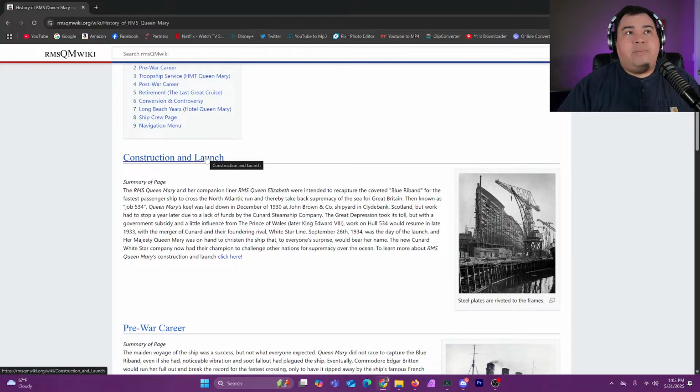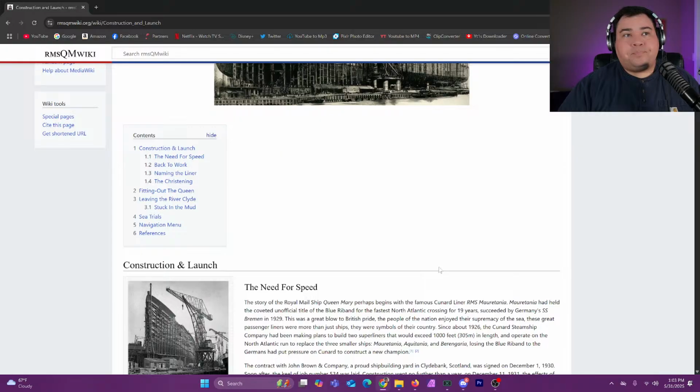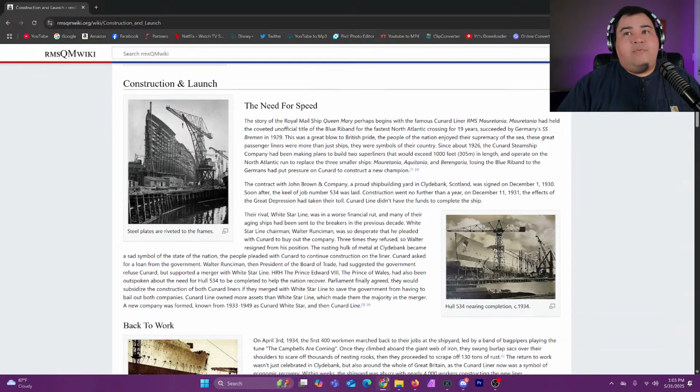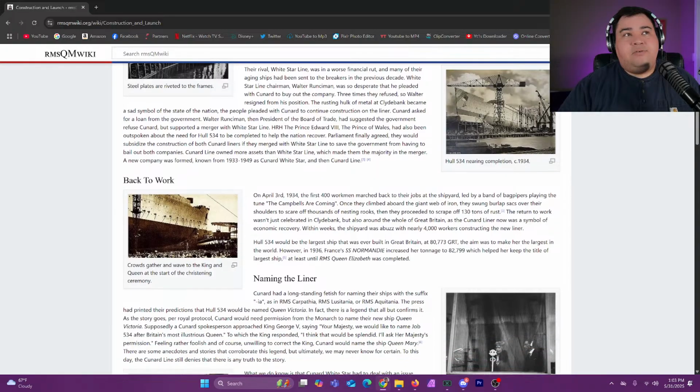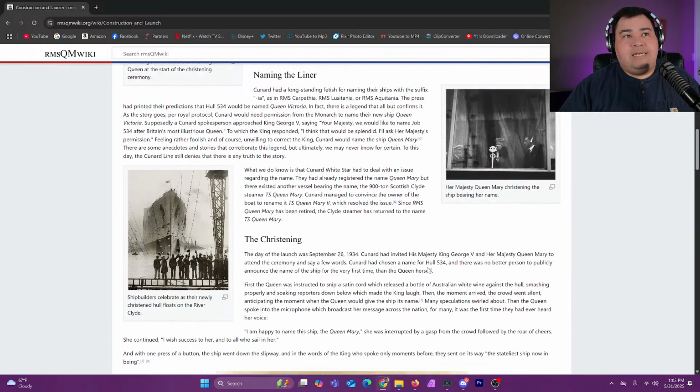You have a summary right here, but if you want, you can click on the construction and launch page and it will take you to this page, where there are different headings and things. We've got everything from the construction and launch of the ship and the history of that, to naming the ocean liner, christening it.